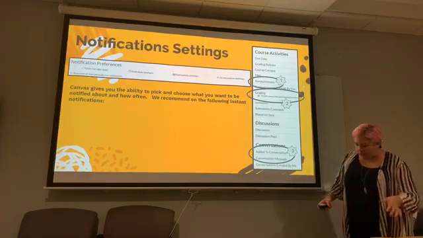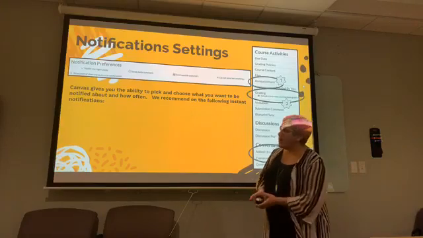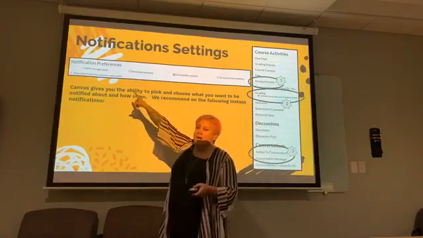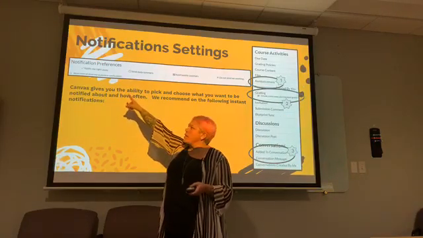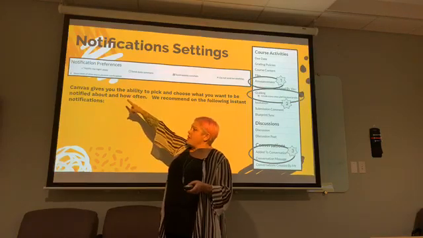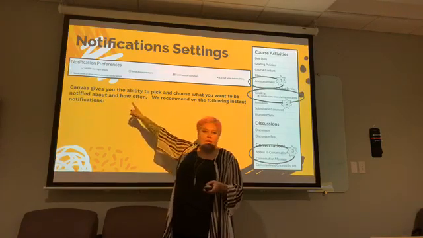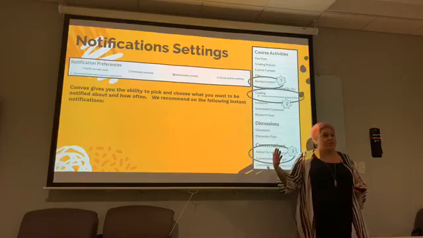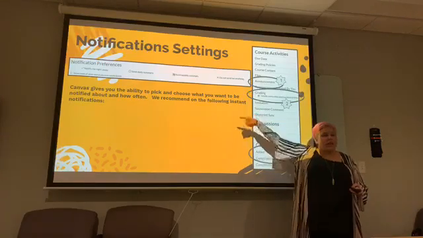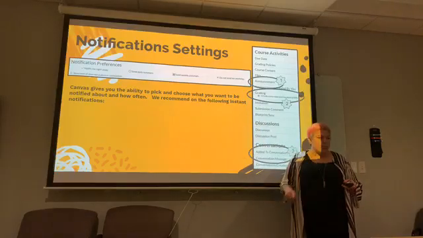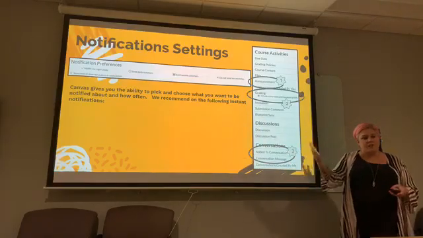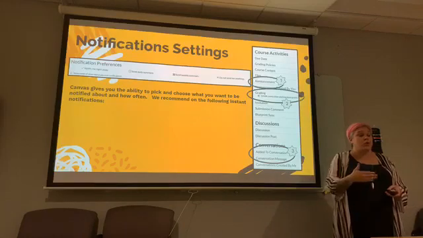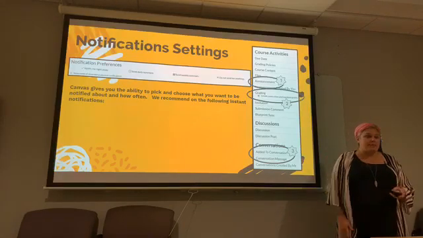The other recommendation I make, if you have more than one child, up here at the top of the notification screen, there is a show the name of the observed in the notification. So like I said, Canvas very much protects your child's privacy. If you click that and give it permission, then they will put your student's name in every notification. So then you know who the notification is talking about.